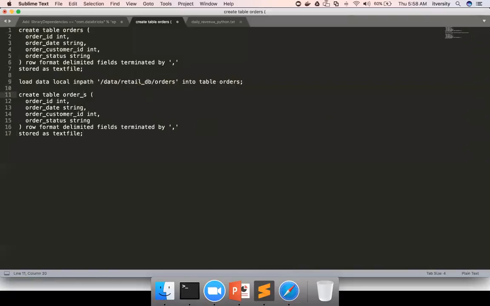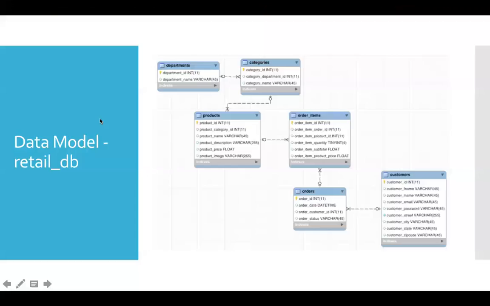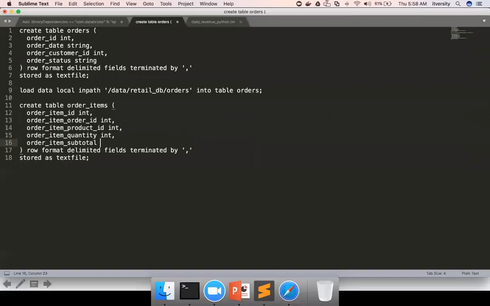Table name is order items. I want to name it like this. And then for column names, again, we have to go to the data model: order item ID, which is of type int, order item order ID, which is also of type int, and then order item product ID, which is also of type int, and then order item quantity, which is also of type int, and then order item subtotal, which is of type float, order item